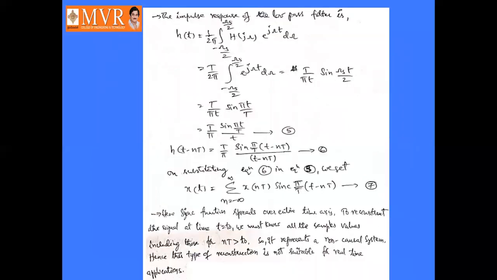So the impulse response of the low pass filter is h of t, that is expressed as 1 by 2 pi integral from minus omega s by 2 to plus omega s by 2 of H of j omega into e power j omega t d omega. Or we can write this as T by 2 pi into integral from minus omega s by 2 to plus omega s by 2 of e power j omega t d omega. It is equal to T by pi t